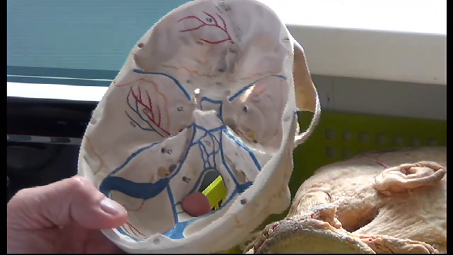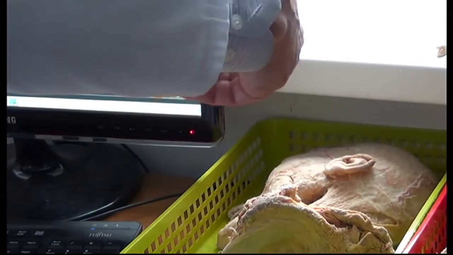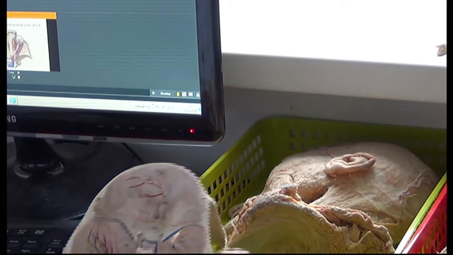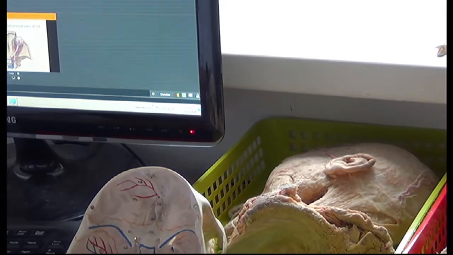So for comparison with the previous picture, I'd like to use this paper